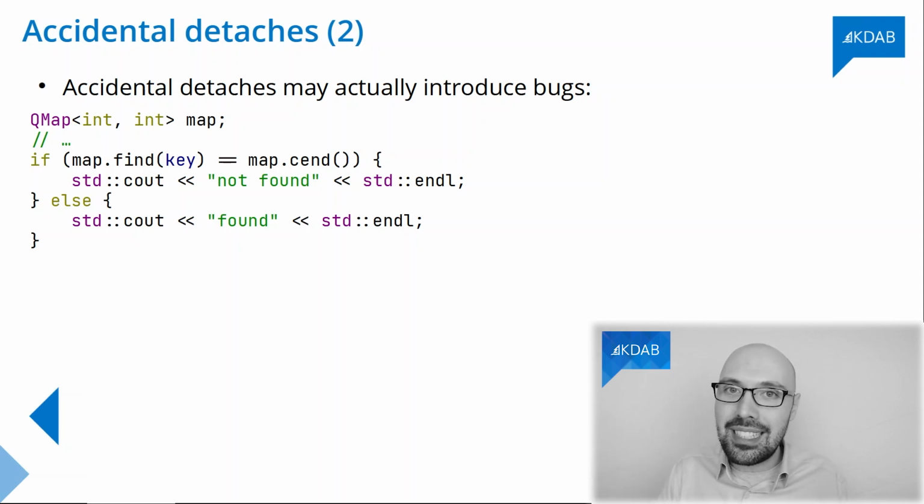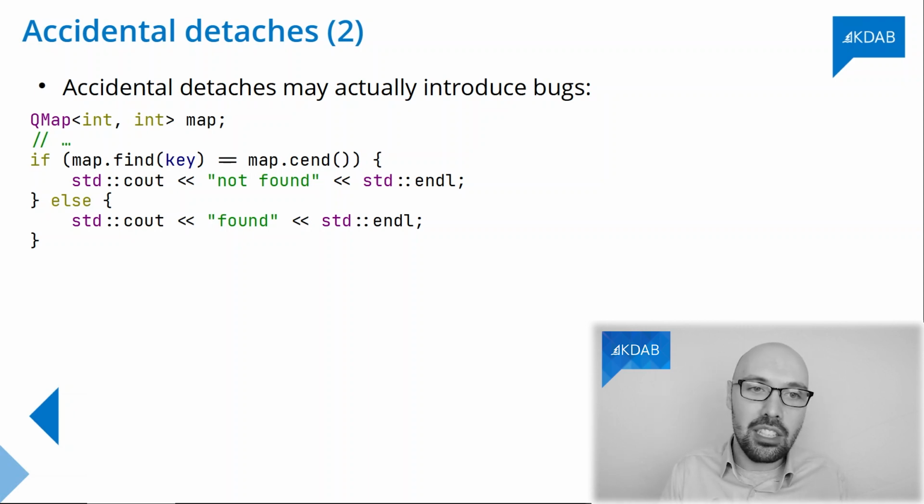So what happens if you call cend first? Cend is just going to return an iterator pointing to the end of the map. That's fine. Then you call find, and find detaches the map. Okay? And let's say it does not find the key. So it returns an iterator pointing to the end. But the end of which map? Is it the same as cend? It's not the same anymore. It's the detached map. So in other words, find may return an iterator pointing to a different end than the one that you had before, the one that cend returned.